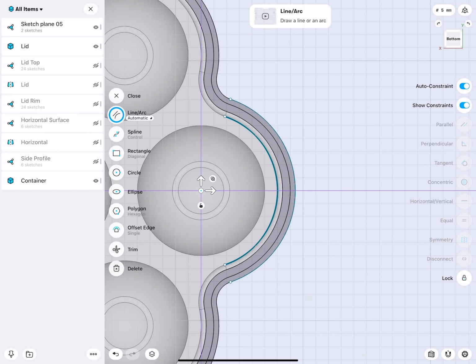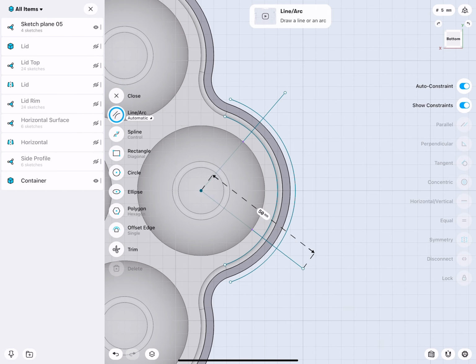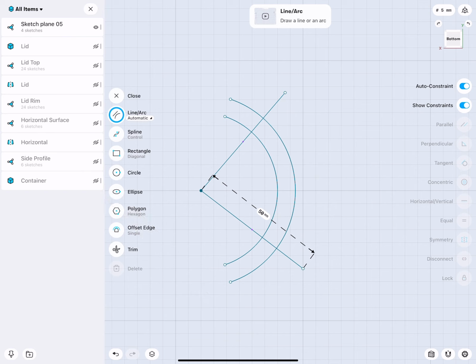Here I have the center point of these arcs. I will lock it so they cannot move anymore. Then I will draw a line. It's easier now to hide everything else, so I do not project anything in. And what I would like to do now is create a nice even shape. So let me show you a very easy and simple drawing trick.